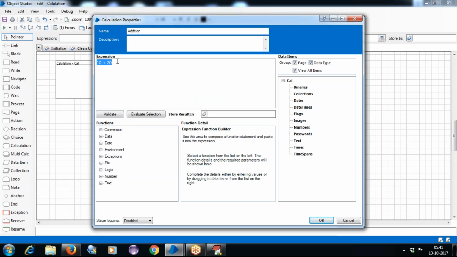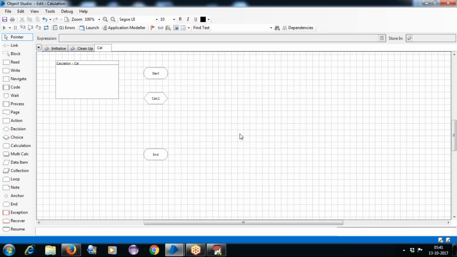But whenever you are working with the addition activity, it's mandatory that the result gets stored. Now we have not mentioned any data item to store the result. Previously, if we wanted to work with a data item, we did a drag and drop of the data item.